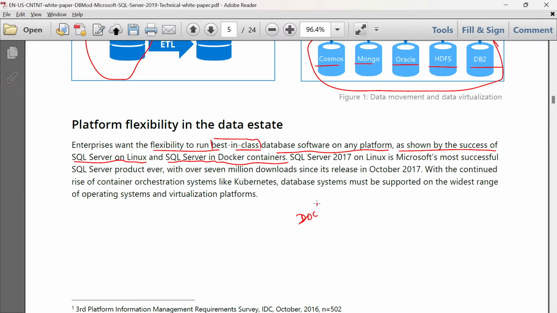What are these? Docker containers are lightweight environments, application softwares where you can perform your services like coding, executing, all these things in a virtual environment in a very light manner.